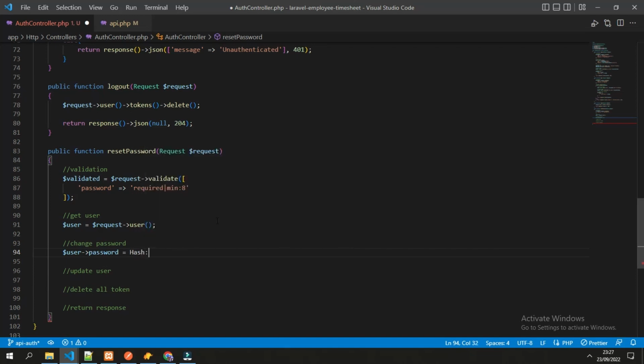So it's Hash::make, validated of the password. Because the user object is in the application, we need to update it in the database. So it would be user and then save.